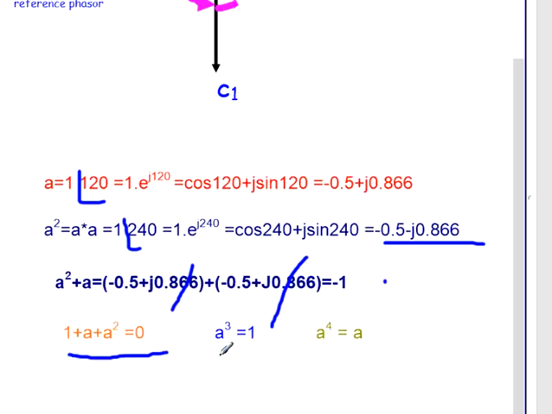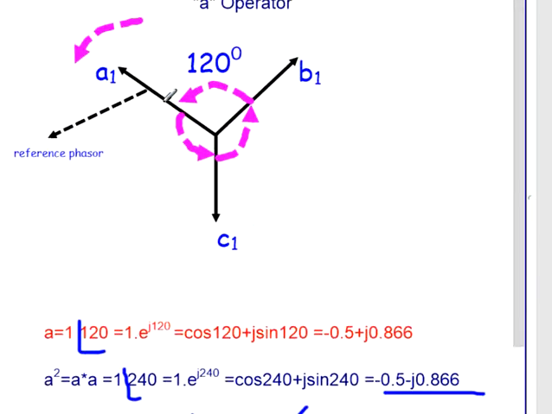And a cube is a into a square. See, this I will show you. Now, if this is my reference, means from here to here 120, here to here 120, and here to here 120. So what is the now angle? Yes, from here 120 and here a square, it is 240, and a cube is 360. Now what is a cube? It is 1. So 1 at an angle 360 degree. Again it comes to reference.